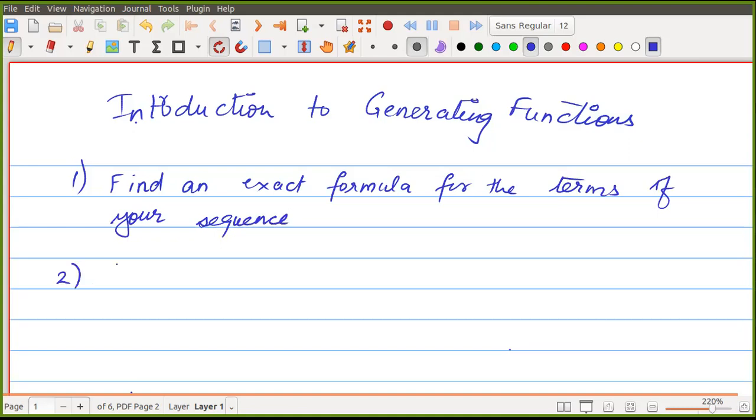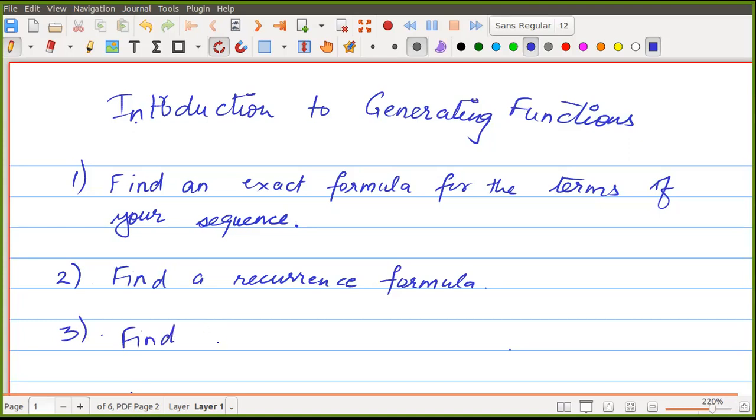Next thing which you can do is that given the sequence, sometimes it is not so easy to see the formula, but in some cases you can try to find a recurrence relation, or a recurrence formula instead of an exact formula, right? Exact formula means an explicit formula, like you plug in the value and you have the answer. Recurrence formula is that you will have to keep applying the values one after another to get the answer that you're looking for. And sometimes when neither of these is possible,